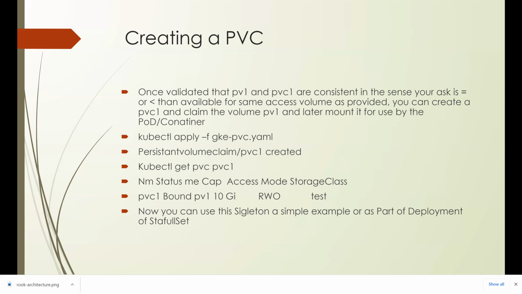And if you check with kubectl get PVC1, it will tell you that, hey, PVC1 has been created. It is bound to PV1. You can see here binding. So that means when you have a PVC and a PV, in this case PVC1 and PV1, they are bound and they are created by storage class. So that means the binding is important.